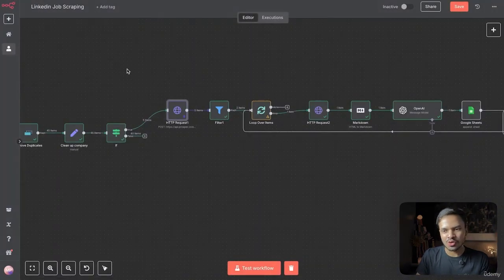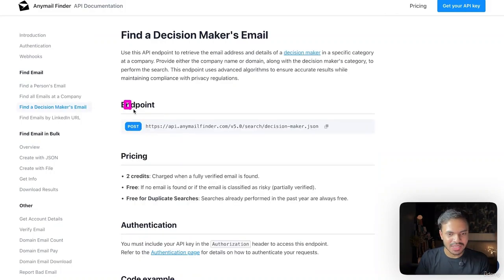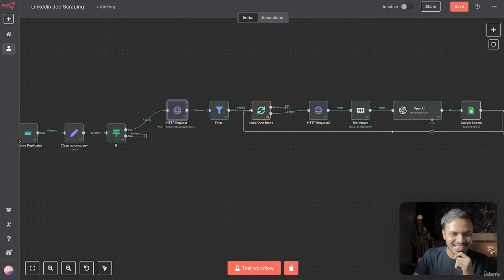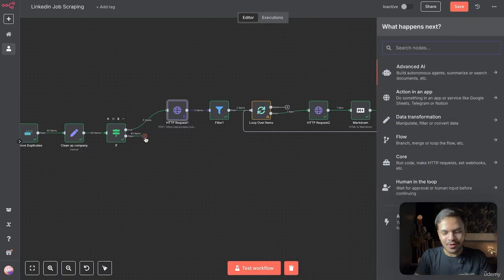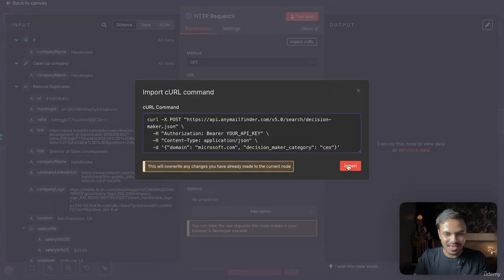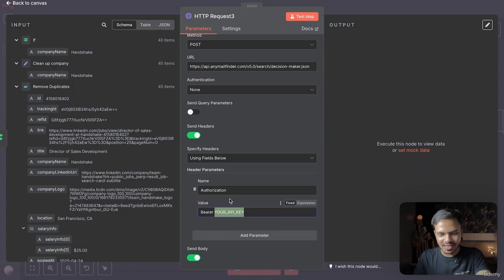But I just want to show different options so that you can get familiarized with the n8n interface and with API documentations. Yeah, so this will be the endpoint, the method is post, or we can simply copy this curl code so that we don't have to configure everything on our own. Again, we are going to use HTTP request, import from curl, paste it here. We need to add our API key, and for domain,